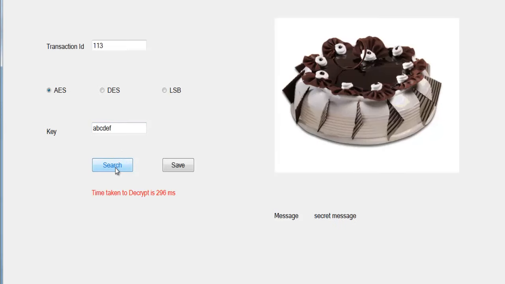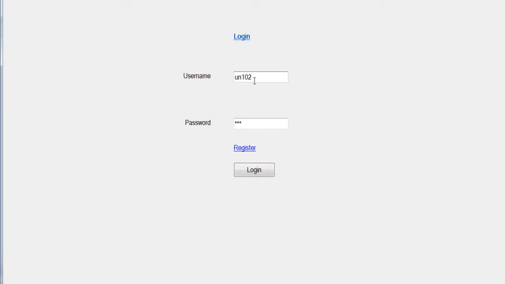As soon as you click on search, the system will show you the time taken to decrypt the data in milliseconds, the image that you sent, and the secret message which you have embedded in the image. Now let's log in as the first user and check the rest of the encryption techniques.